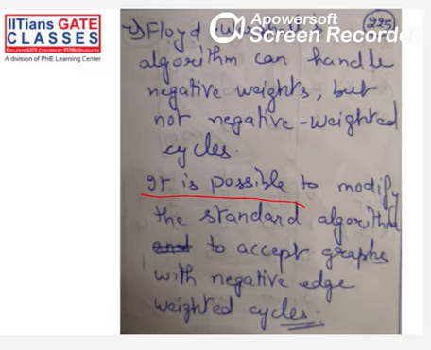Now, can you tell me how will you do that? The standard Floyd-Warshall version has some problem with a negative edge weight cycle. So, the question is simple.